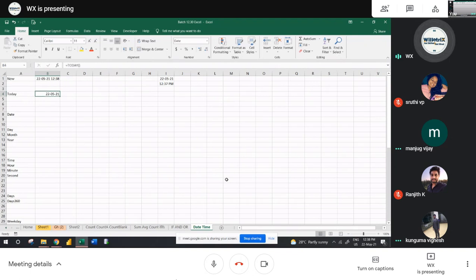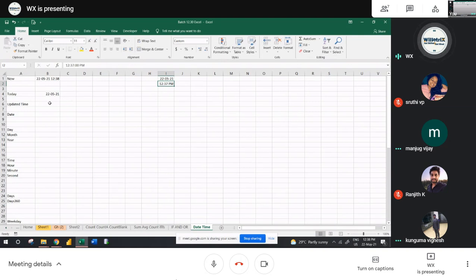The difference between entering a date using a formula and normally using a shortcut: this will be a constant when you're using the shortcut, but this will change day by day. Like how your system date changes, it will be updating automatically. Day by day, it will be changing. Understood? Now, I need to get updated time, not only get the time manually here. If you enter using the shortcut, you will get a constant date. It will not change every time.